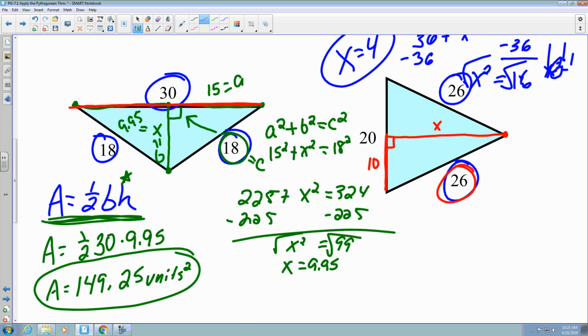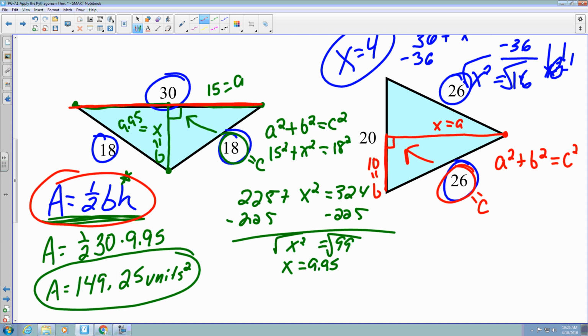We don't know what this is, and we have this 26 here. So in order to find the height, to find our area, we have to use the Pythagorean theorem. So again, a squared plus b squared equals c squared. 26 is my value for c because it's opposite the 90 degree. I'm going to call this a, and this b. So a is x, so x squared plus 10 squared is going to equal 26 squared. x squared is just left as x squared, plus 10 squared is 100, and 26 squared is going to be